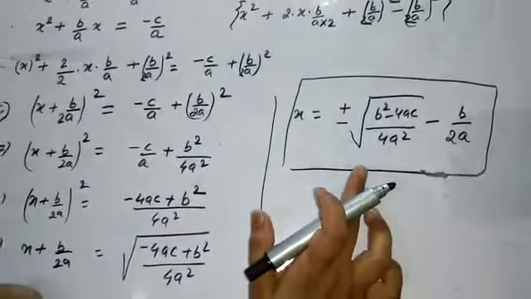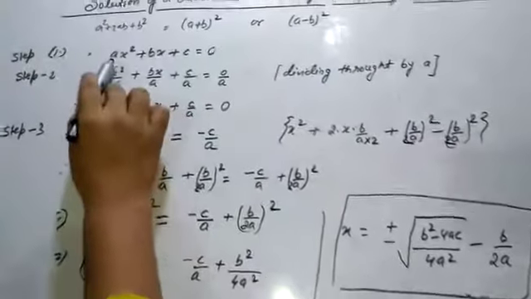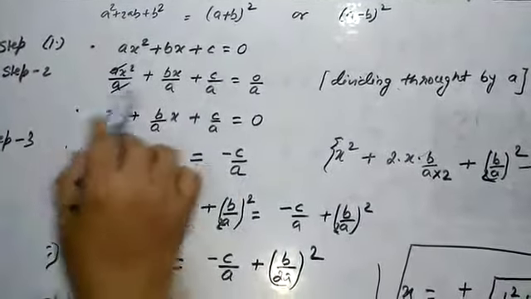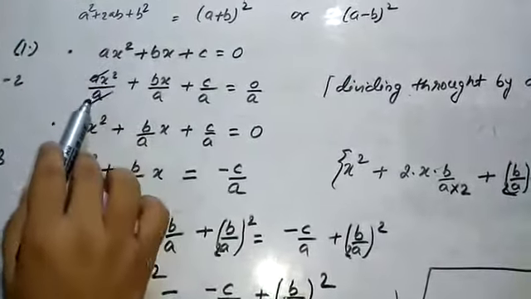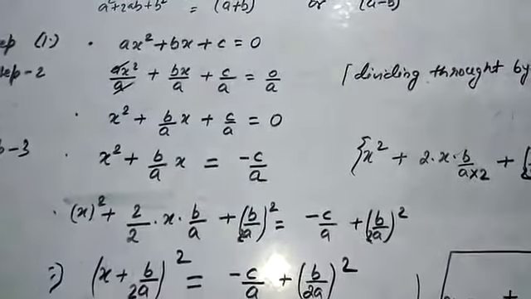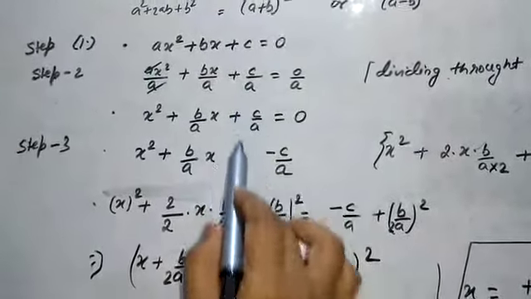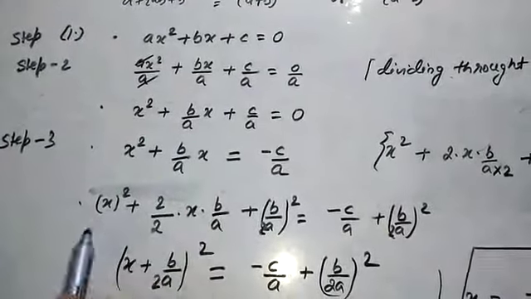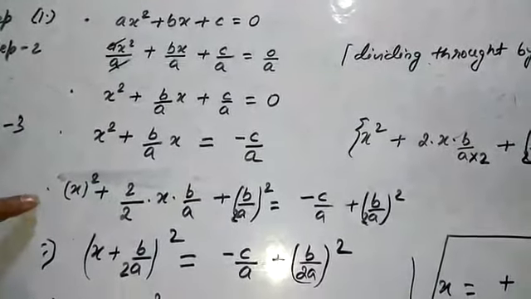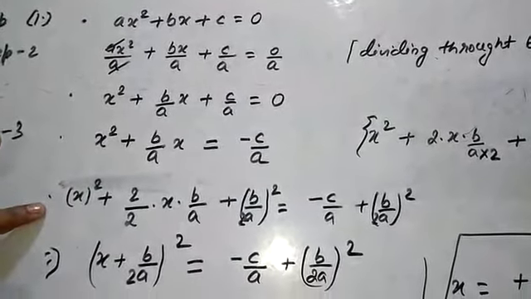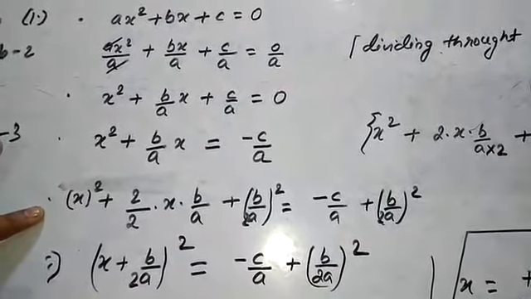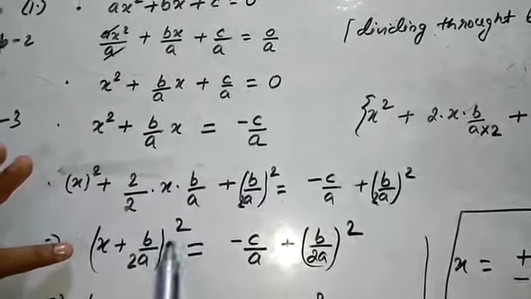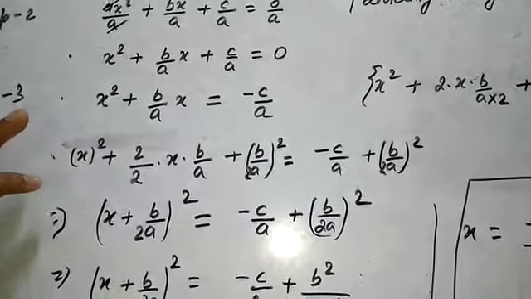Once again I am explaining to you. At first we have to convert the equation into ax square plus bx plus c form. After that we have to divide the whole equation throughout by the coefficient of x square, that is a. After that we will shift this constant term to this side. Then we will try to convert this equation into a plus b whole square form or a minus b whole square form by adding or subtracting the wanted term, whatever you want. After that it will convert into x plus y whole square like this, and after solving this you will get the value of x.